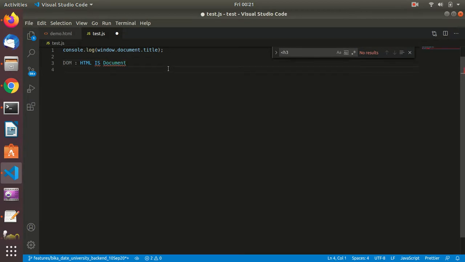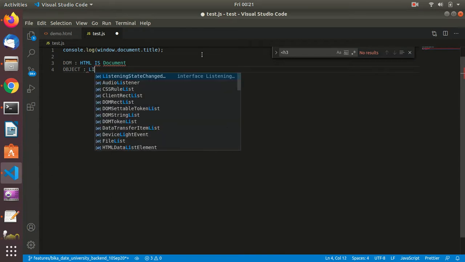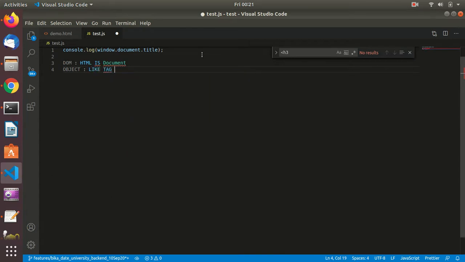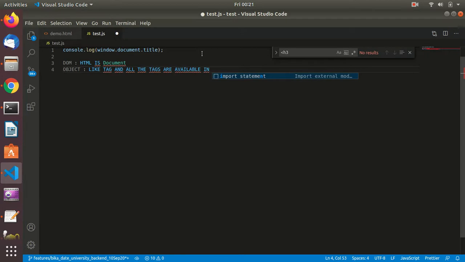And another thing is the object, like title, like the title tag, and all the tags are available in the JavaScript, yeah, the HTML file. So what is model?